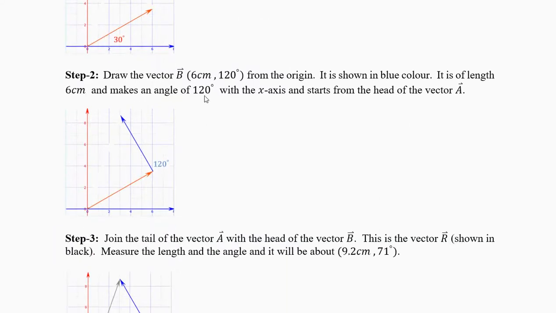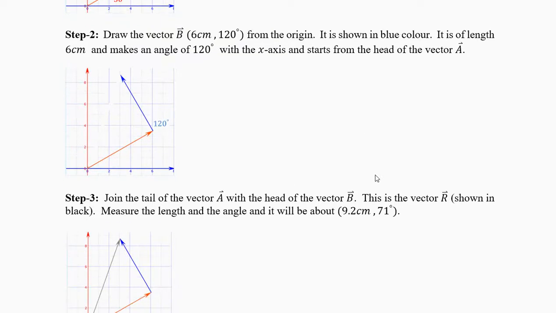Now, the blue line, the second vector, is represented by the blue line, 6 centimeters and 120 degrees. Now, please remember that the second vector will come on the head of the first vector. You always draw head, tail, head, tail. The result will be two heads together. Now make 120 degrees here. Do not measure the angle here. Measure the angle at the head. It should be 120 degrees and this length should be 6 centimeters. You can see with your eyes this is 7 and this is 6. Or you can check in the handout if you want. It will be 7 is to 6. It's not exactly 7 centimeters.